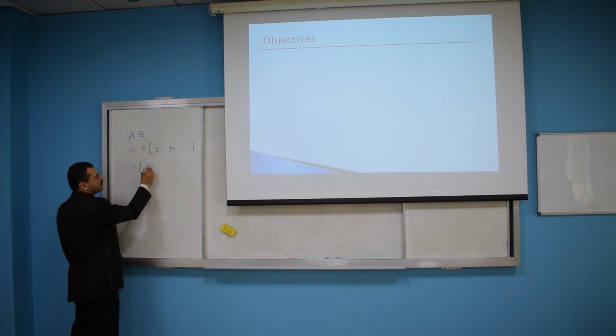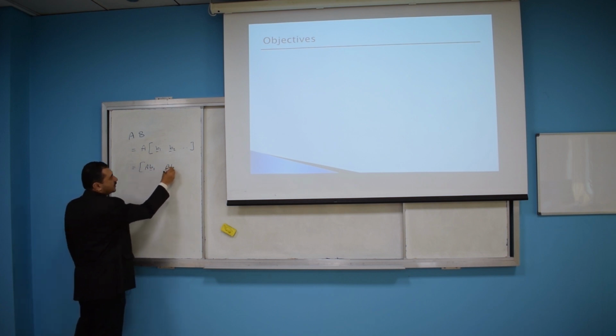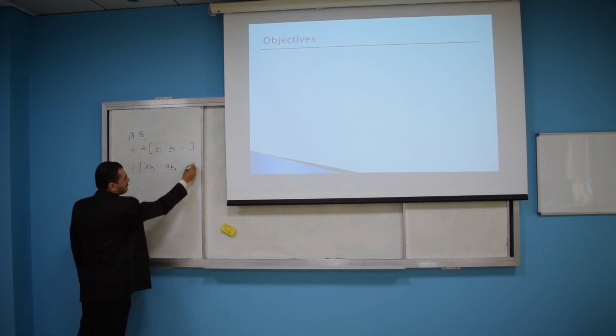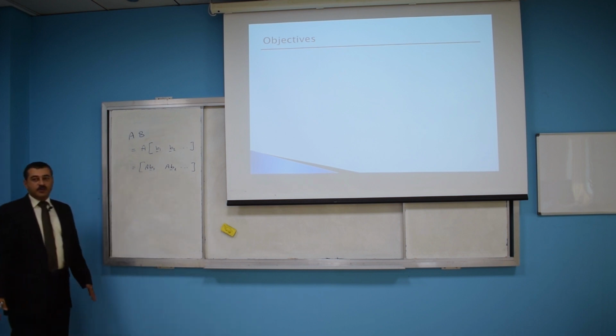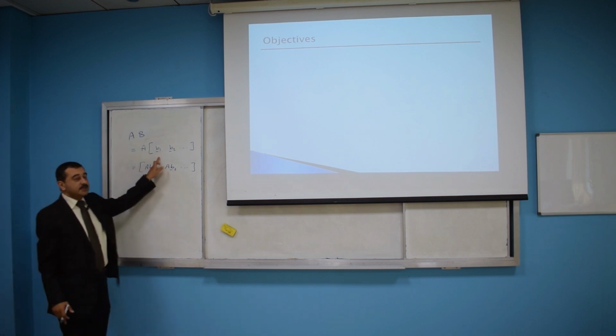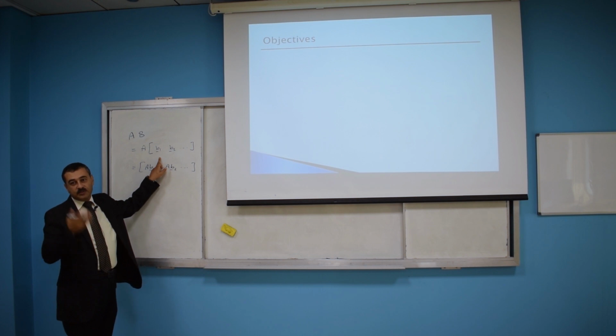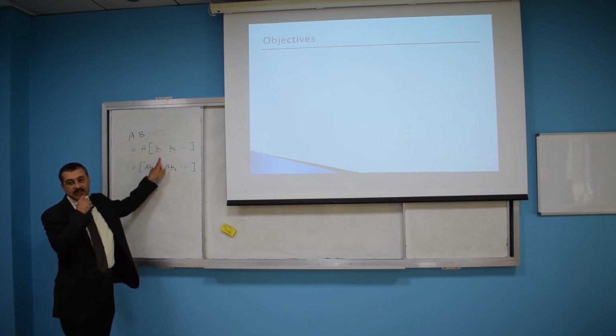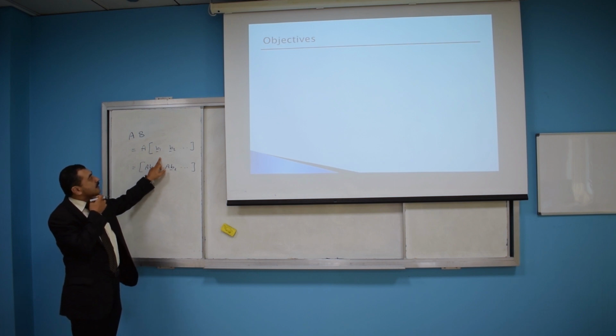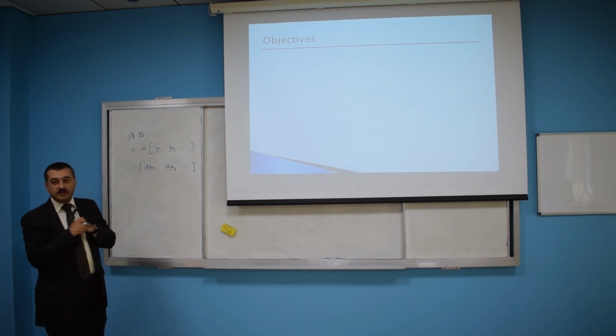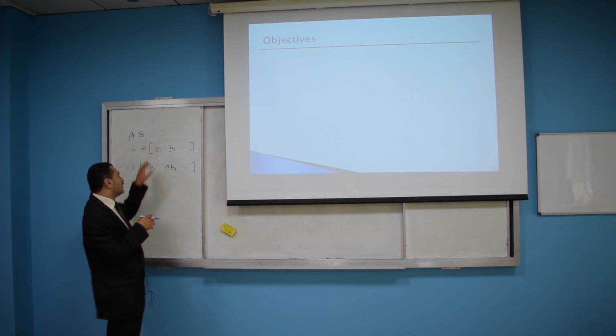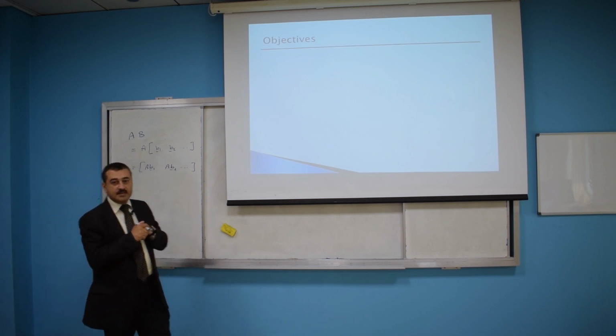AB1, AB2, and so on. So actually what we did here is a partitioning of the matrix B into its columns. Okay? We are going to try to explore other partitioning of the matrix other than write the matrix in terms